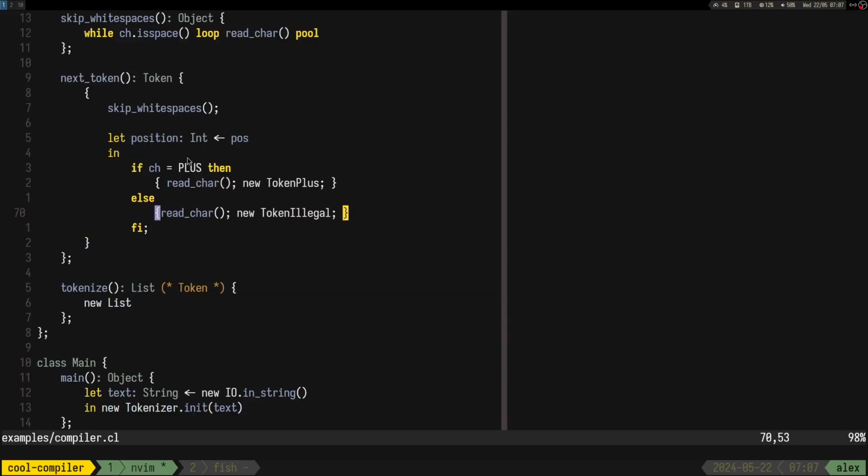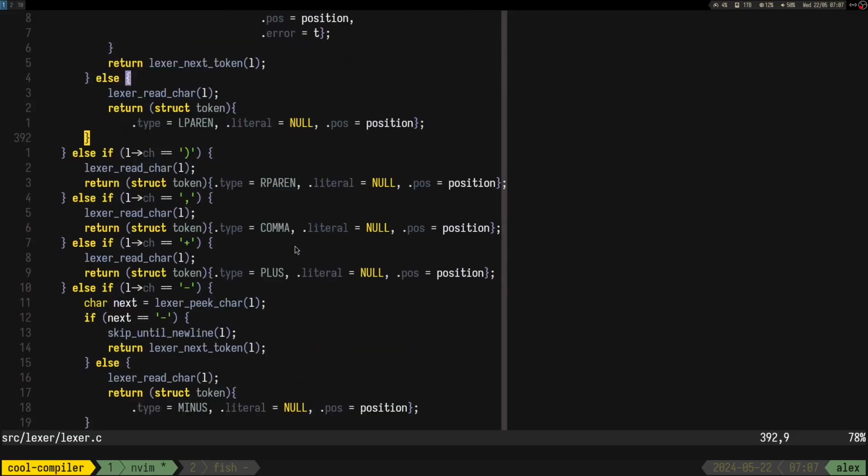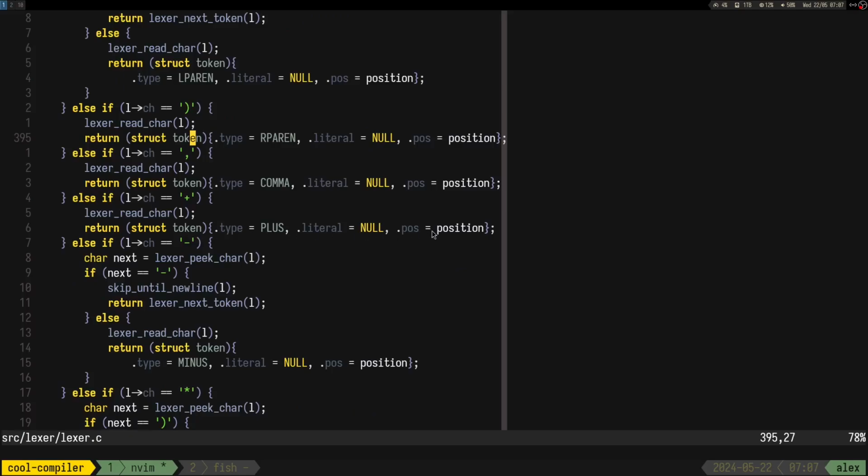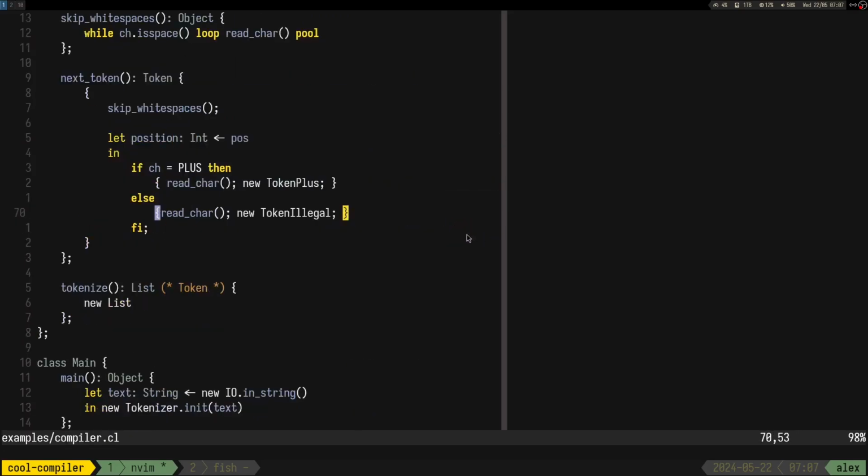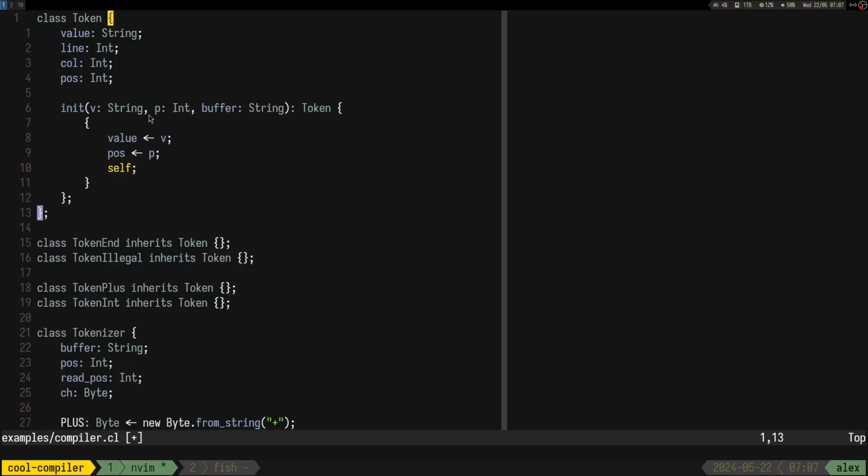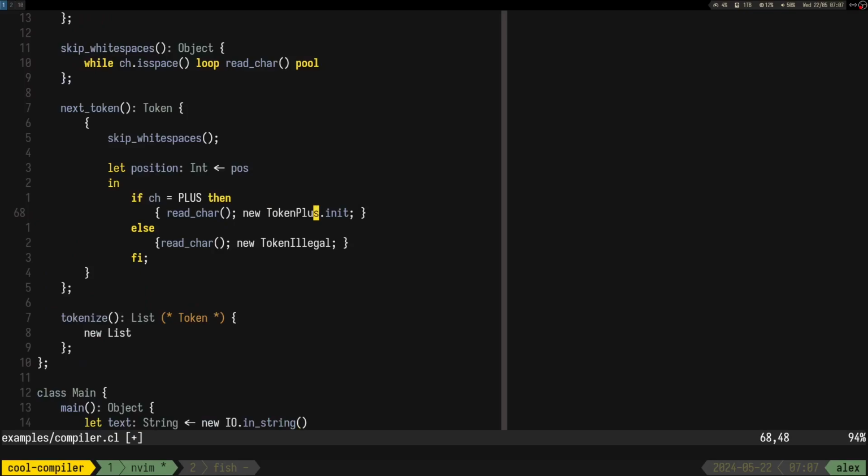But in the plus case, I think we can put the position. So we have the init for the token, which gets in string, p, and buffer. So it gets in the value, the position, and the buffer. Well, I mean, this one doesn't really matter.